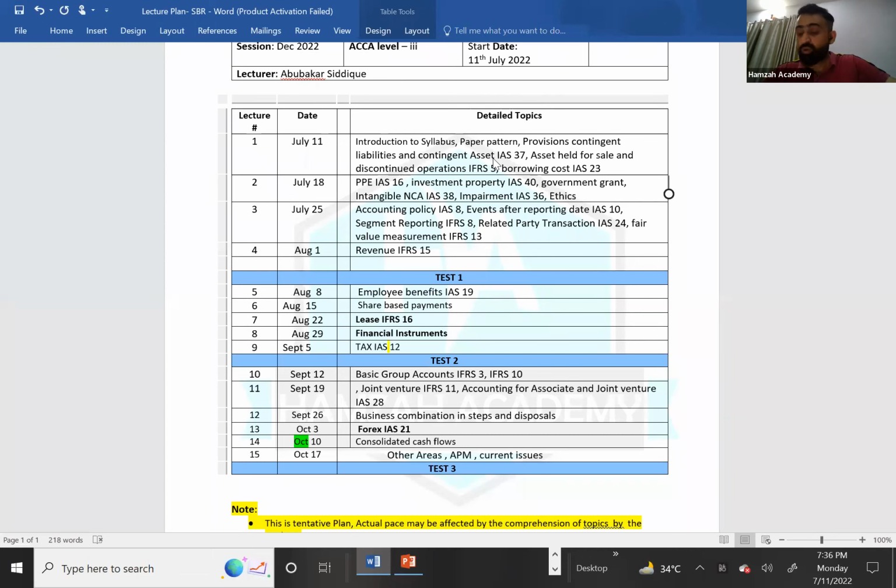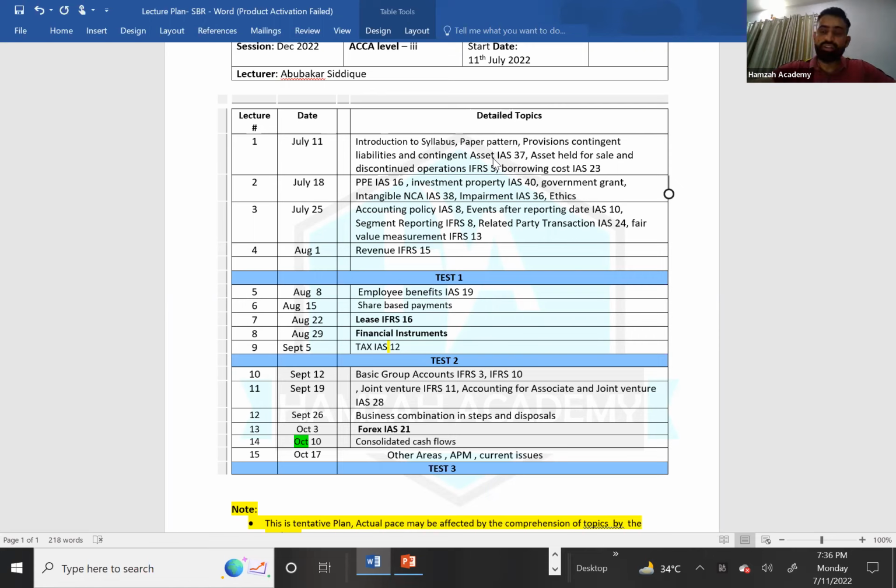Then we have accounting policy, IAS 8. We have events after the reporting date, IAS 10. Again, these are the topics of FR level. Then we have IFRS 8. This is the topic of